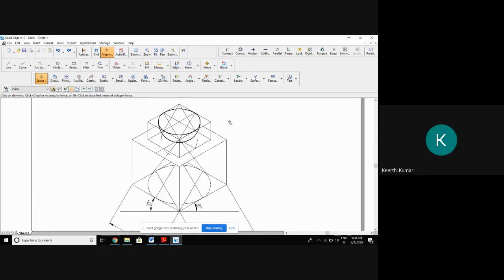Yes, sir. Okay. After this, we'll go for the base solid. What is the base solid? See here, the base of the cone. Of course, the apex of the cone is here, but I cannot see the apex of the cone. Why? Because if I tilt that, this hemisphere is overlapping that. So from where I can see, from here to here.